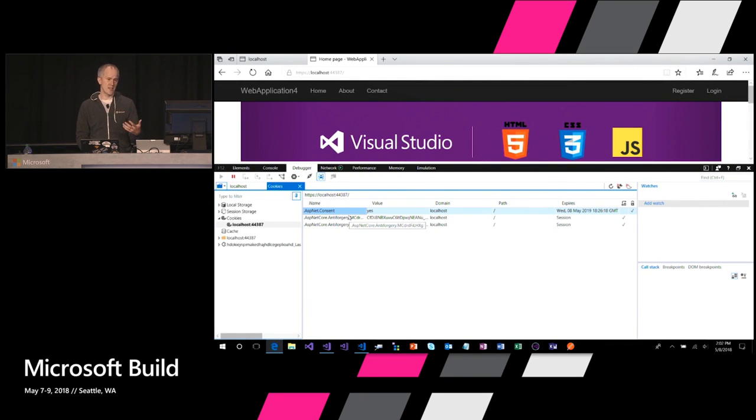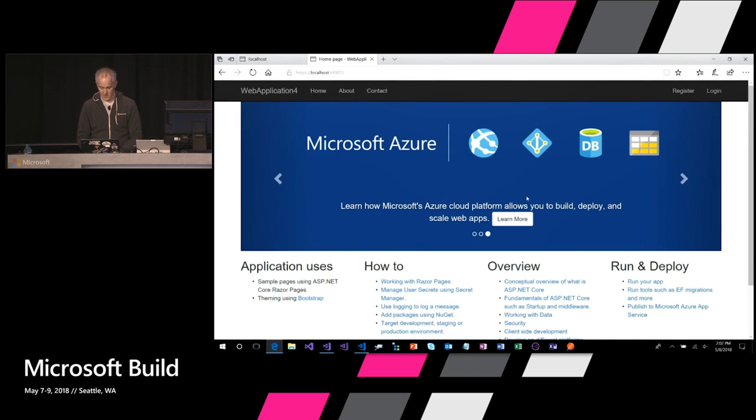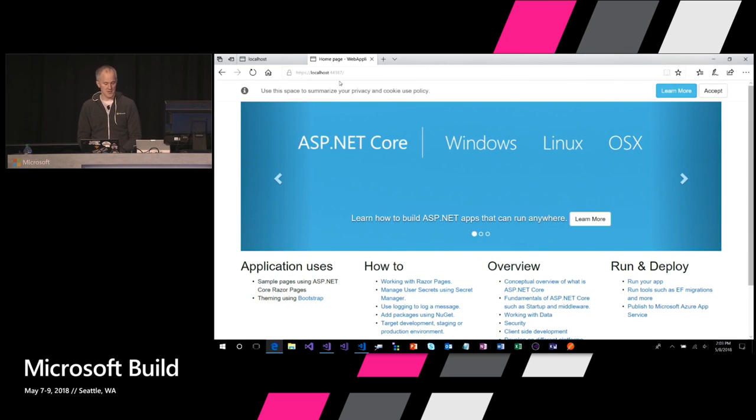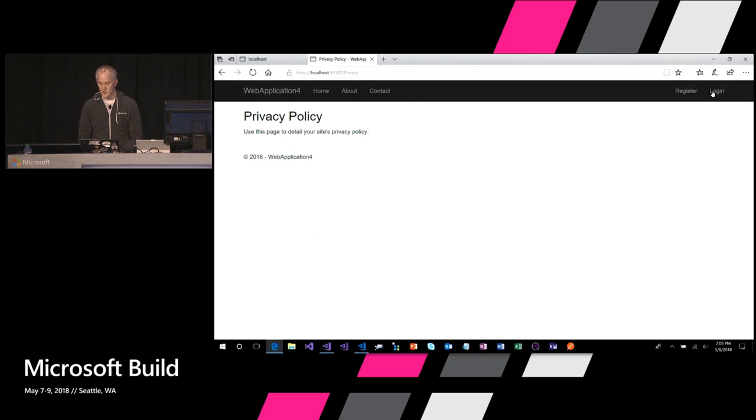You establish consent for cookies with cookies, of course. So let's delete all the cookies just so that we can see what the UI looks like. So if we now refresh the application, now we get this banner at the top that says, you're using cookies, or you can put whatever text there you want. You can learn more about the privacy policy for this application. This is a page that's in the template that you can customize as you see fit, and the user can then accept